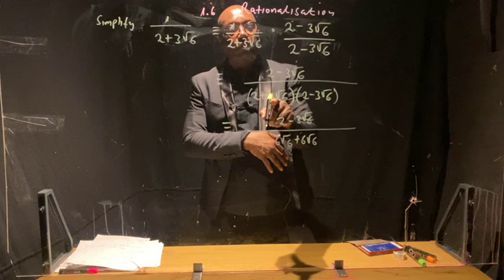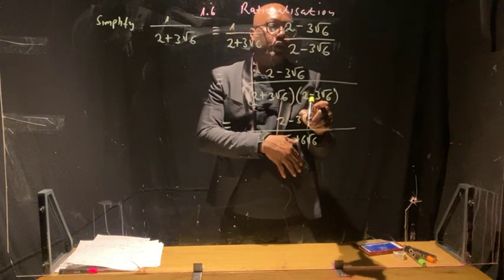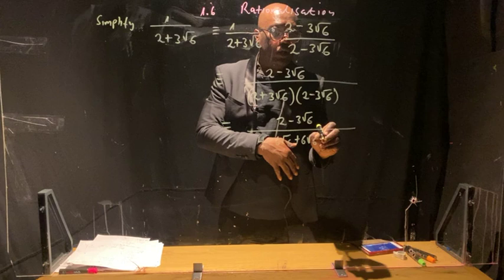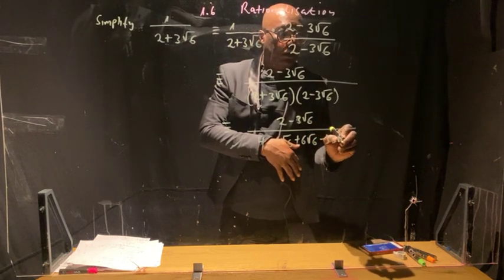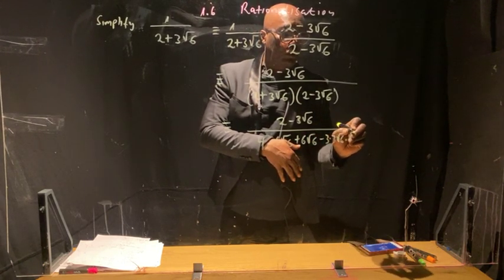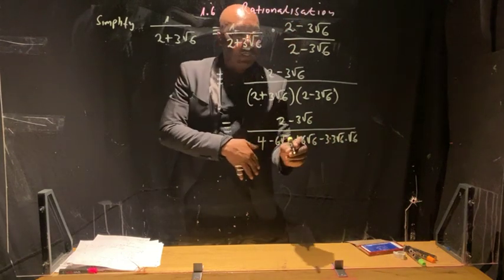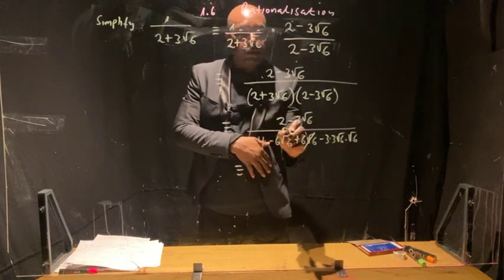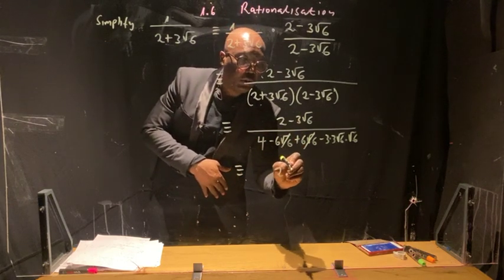Then 3 root 6 multiplied by minus 3 root 6 is equal to minus 3 times 3 times root 6 times root 6, so this one cancels this one, and you are left with 2 minus 3